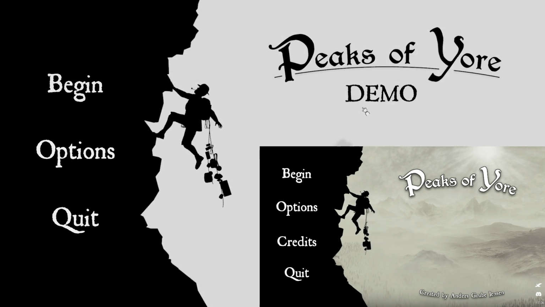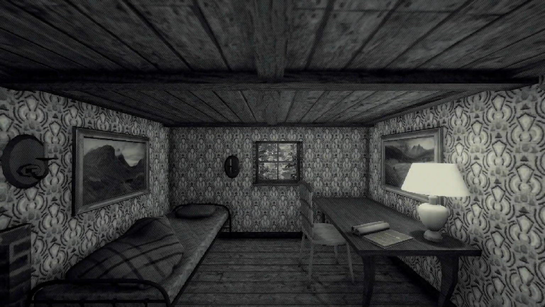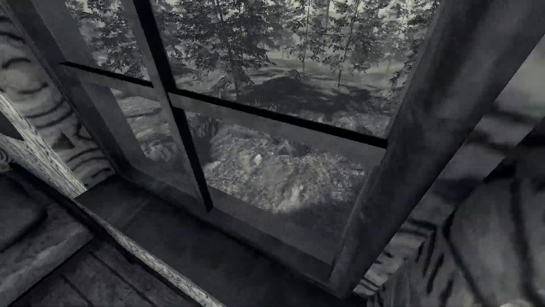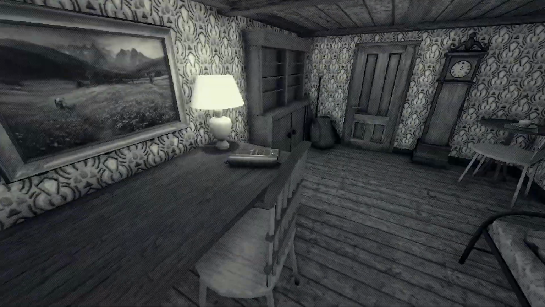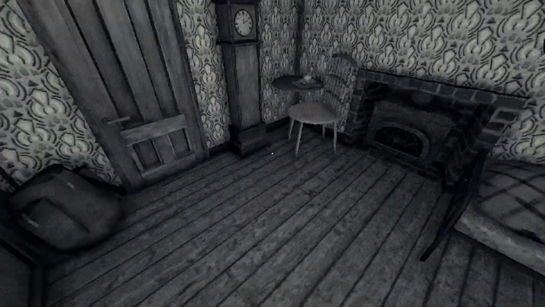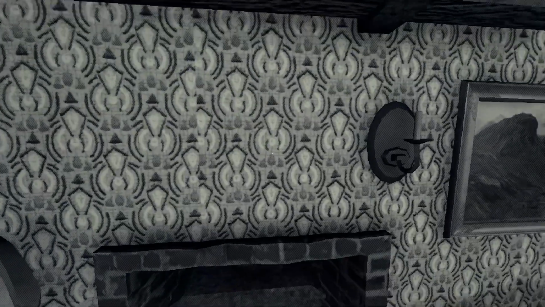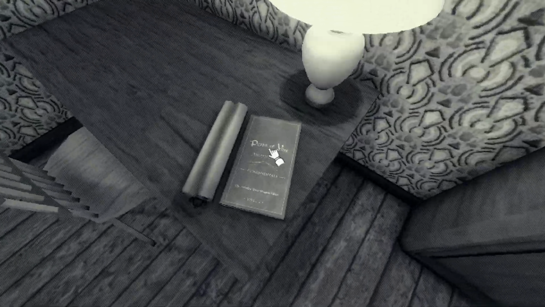And then when you actually start the game, you start in the cabin, which looks about the same, only it doesn't have the bulletin board with the map and all the extra stuff on it, but I'm pretty sure some of that stuff was added at a later time, so I'm not very surprised that it's not here yet. The cabin still overall looks pretty much the same. And then you actually do still have the first book of mountains.